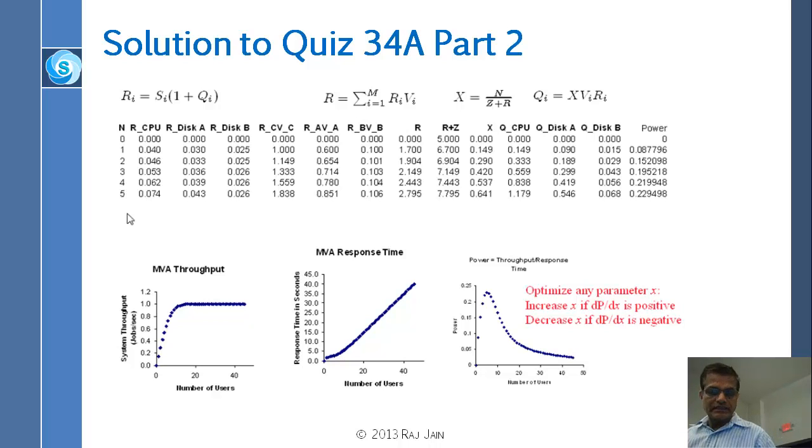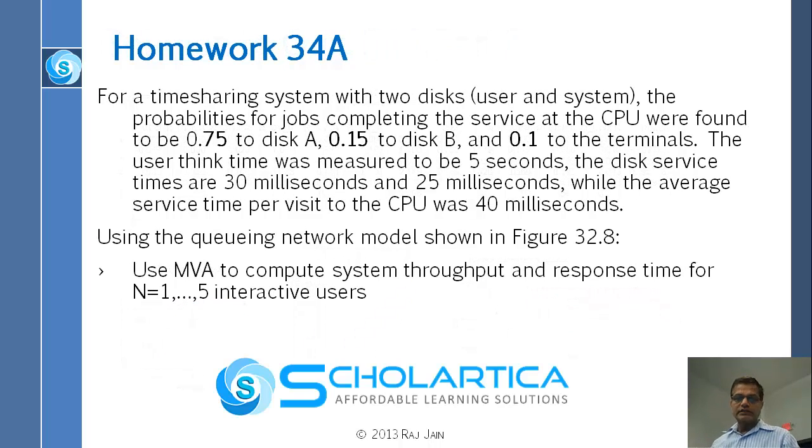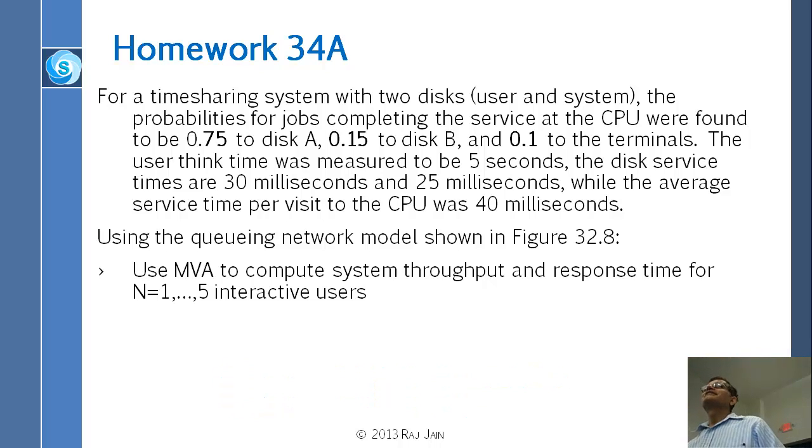Actually, the thing is, in the homework, I don't know whether I'm asking for power or not. I don't think so. But let us see homework. Calculate the system throughput and response time. That's what I'm asking, system throughput and response time. And actually 5 users and 50 users makes no difference nowadays because Excel worksheet, all you do is copy. I wrote this homework when there were no Excel worksheets, so you have to do calculator. So that's why it is limited to 5 users. All right, I will stop right